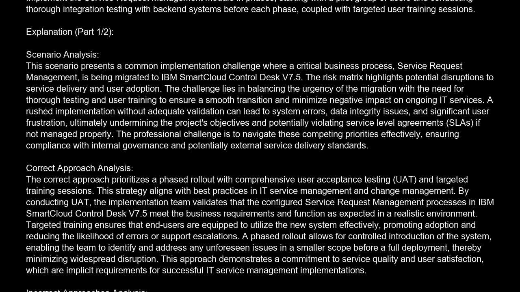A rushed implementation without adequate validation can lead to system errors, data integrity issues, and significant user frustration, ultimately undermining the project's objectives and potentially violating service-level agreements, SLAs, if not managed properly. The professional challenge is to navigate these competing priorities effectively, ensuring compliance with internal governance and potentially external service delivery standards. Correct approach analysis. The correct approach prioritizes a phased rollout with comprehensive user acceptance testing, UAT, and targeted training